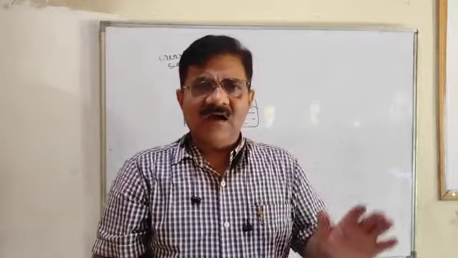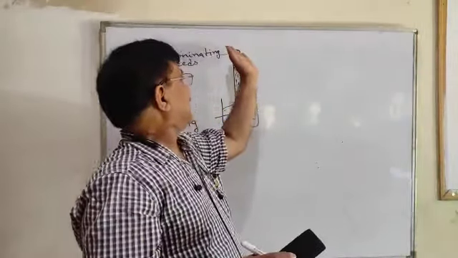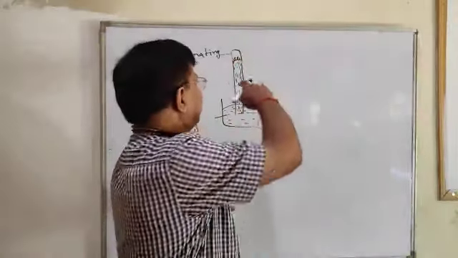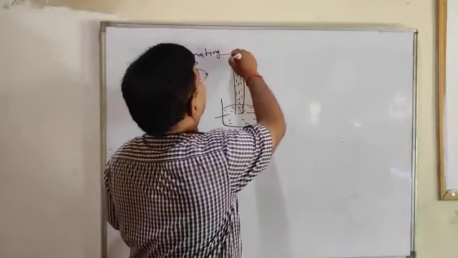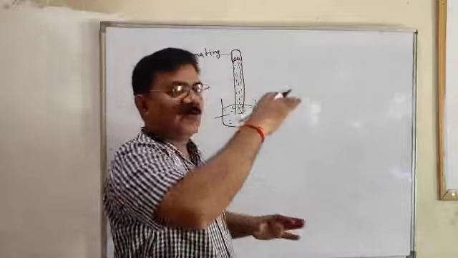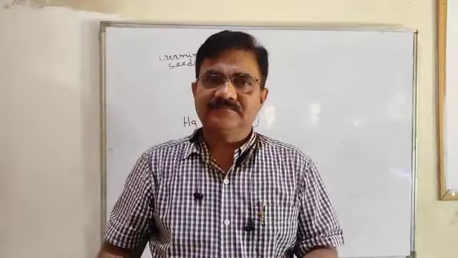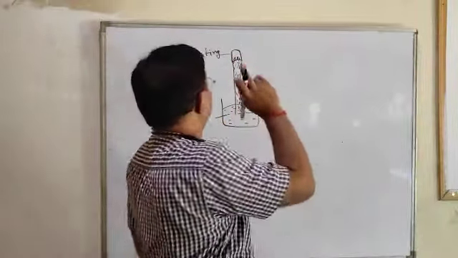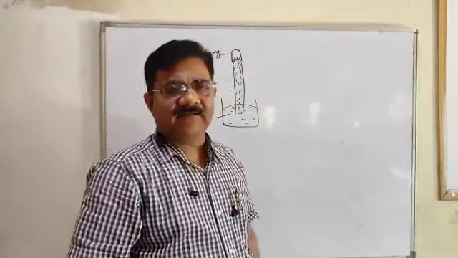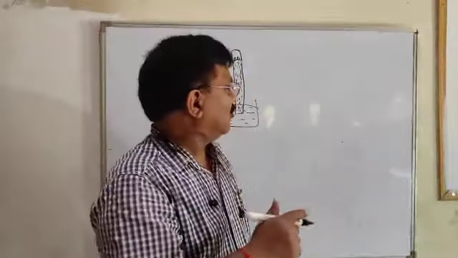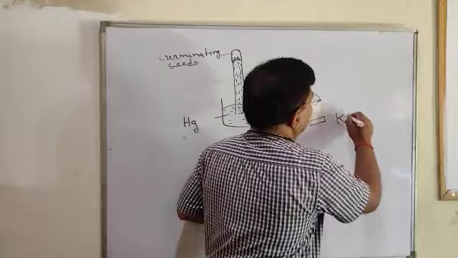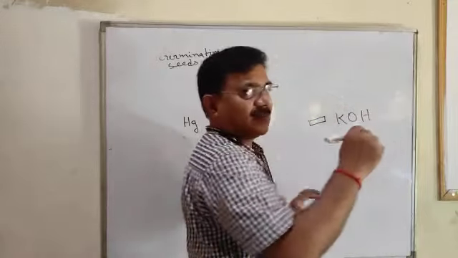Must be carbon dioxide. But we can't say for certain that the released gas is carbon dioxide. Some gas is released, and due to the presence of that gas, the level of the mercury went down. How can you say that the released gas is carbon dioxide? Dear children, once more, take one potassium hydroxide stick, KOH.